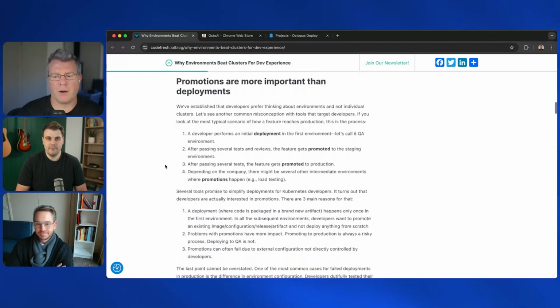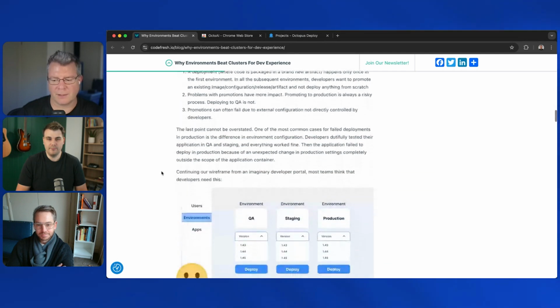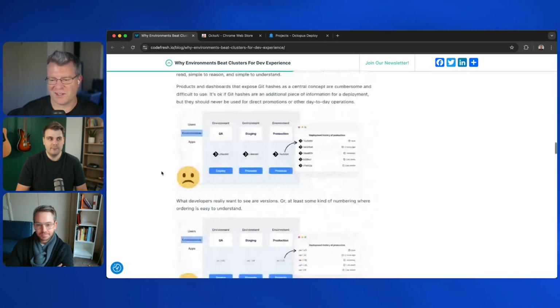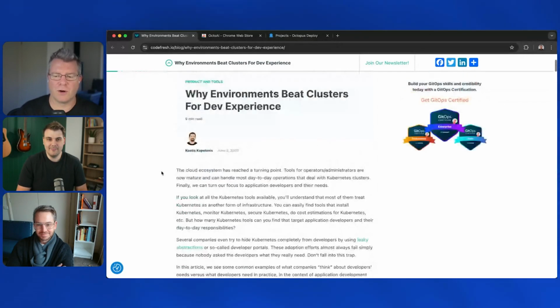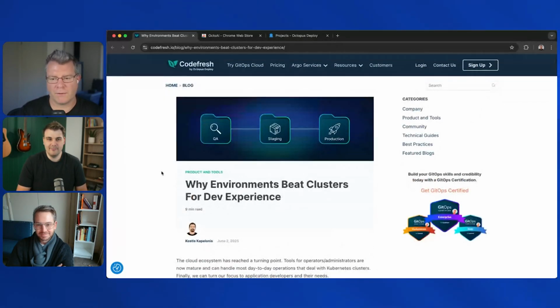And it talks a little bit about how CodeFresh goes through the policy of promotions to different environments, and the reasoning why you want to have these denoted as environments. And as you can see, Costas just keeps writing and talks a lot about this. So if you want to read more about this, you can check it out up on the CodeFresh blog, which is at codefresh.io. Coming as an operational infrastructure background sort of person, this one is a really good read because